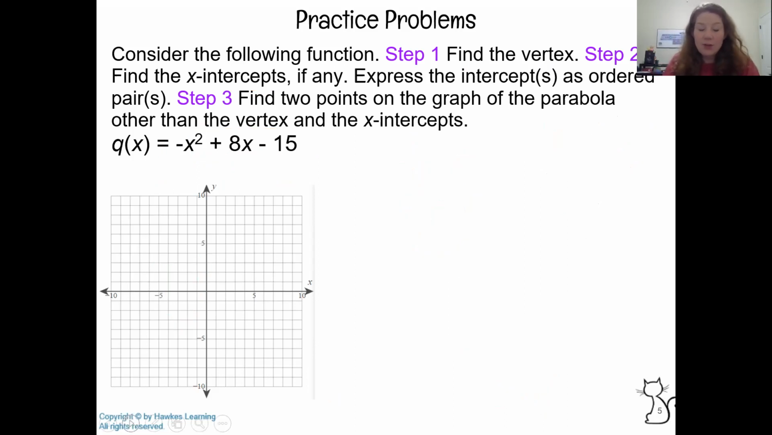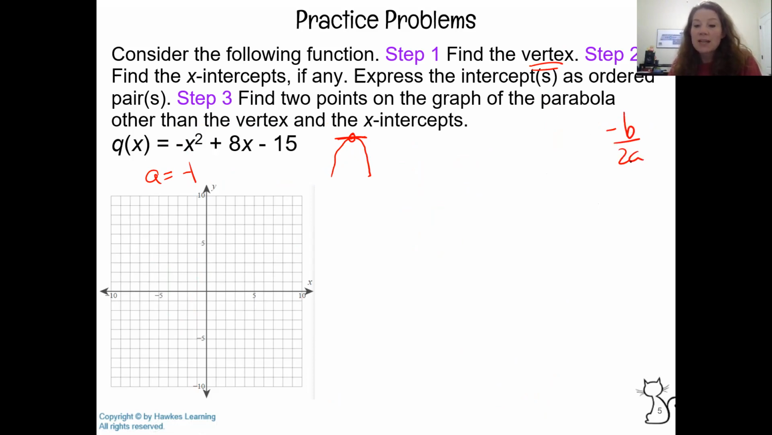Now this time, if you notice, our equation, the first, or letter A, is -1. That means we're going to have a parabola that looks like this. Okay, so the very first thing we're going to do is find the vertex. Since we have a negative parabola, that means we have a maximum. We have a maximum number, and then our parabola goes on down in both directions forever. So we're going to use